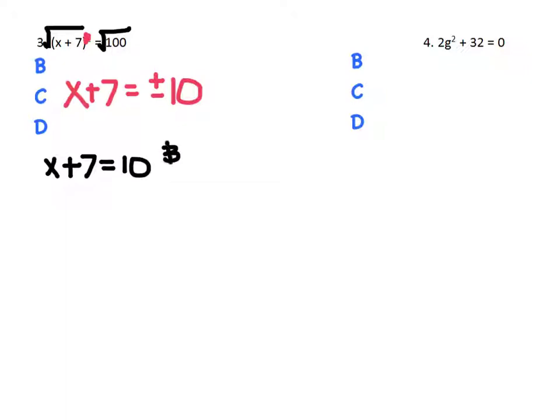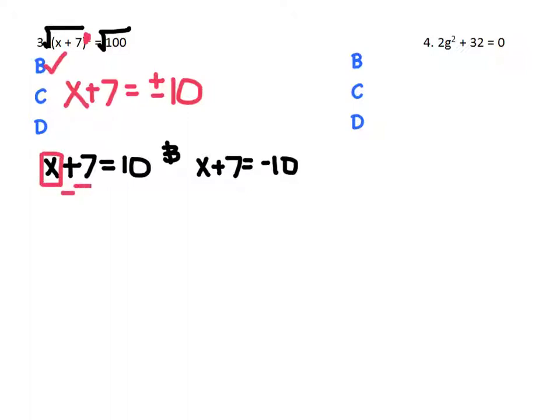So what I end up with is, when I take the square root of that, I get rid of the squared, so I bring down the x plus 7 equals, now remember here, when you take the square root of 100, it's going to be a plus or minus 10. So basically, I can turn this into two problems. I have x plus 7 equals 10, and I would have x plus 7 equals negative 10. Alright, well, now we can follow our three steps. Box my variable,